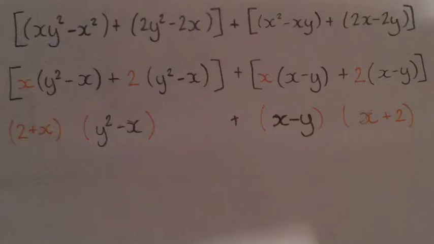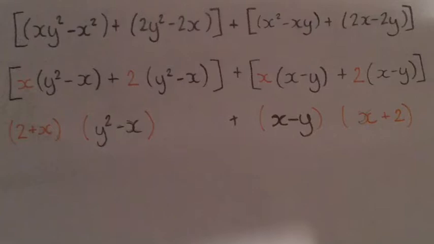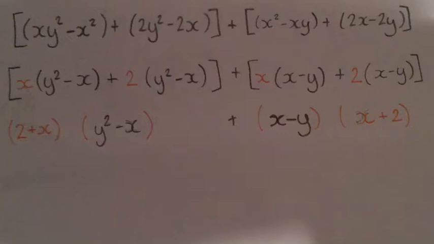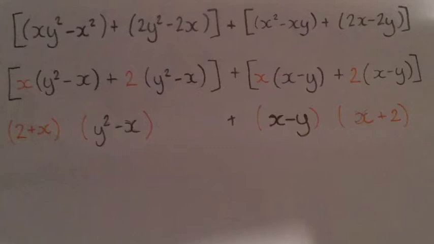Next, we're going to look at a second set of brackets. Inside, there are two equations. X times x minus y in brackets plus 2 times x minus y in brackets. We're going to take the orange x and the orange 2. We're going to add those together in their own set of brackets. Beside them, you should multiply x minus y in brackets. This final equation should be 2 plus x in brackets